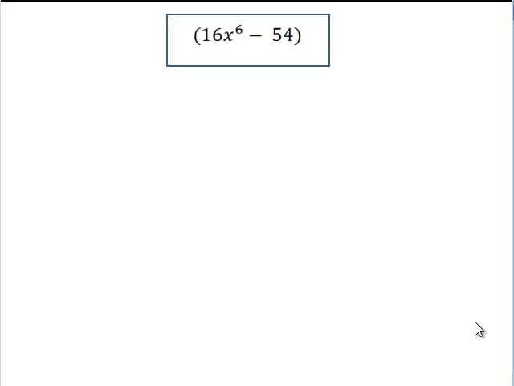In this example, we will learn how to factor the difference of cubes. The sum of cubes is very similar. The algorithm or pattern that you follow is the same. The first thing we have to do is inspect the binomial to make sure it is the difference of two